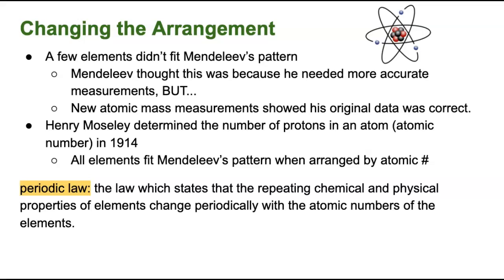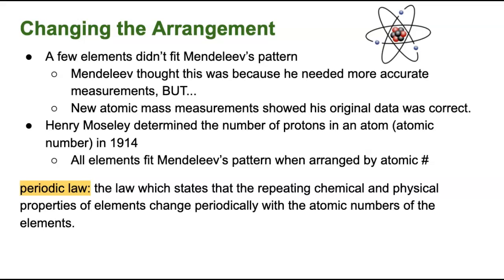There were other contributions, of course, to this study of elements and how they're organized as well. Henry Moseley, for instance, determined that the number of protons inside of an atom, which is also called the atom's atomic number today, was actually a better way to showcase this pattern that Mendeleev had found. Mendeleev had been studying the mass, so the overall amount of matter that made up each element. The number of protons, however, actually categorized these groups, these characteristics that Mendeleev had seen more reliably, and thus led